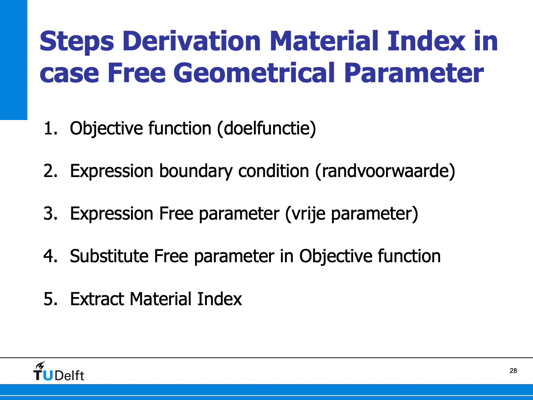Then we will find an expression for the boundary condition, de randvoorwaarden in Dutch. Then we will find an expression for the free parameter, de vrije parameter, and then we'll